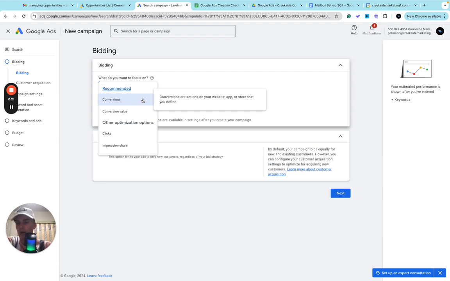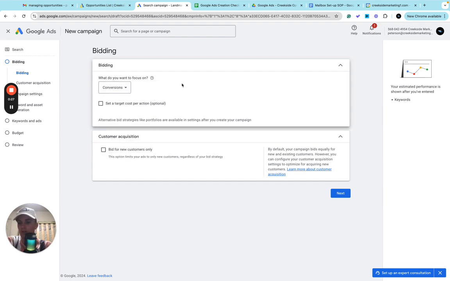The most recommended one, the one that we use the most often, is conversions. Essentially, this just makes Google prioritize getting you as many conversions as possible for as cheap as possible. So essentially, every conversion is counted the exact same. A lead form submission is counted the exact same as a phone call, the same as a chatbot conversion, the same as a click to email. So if you're strictly looking for the most volume of leads in any avenue possible, we recommend that you select